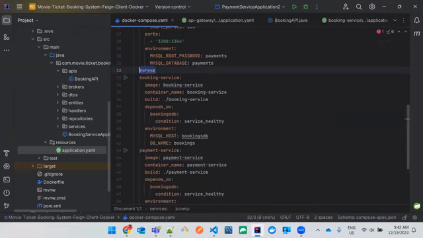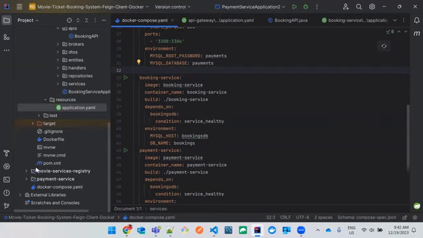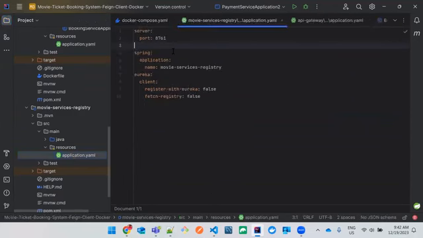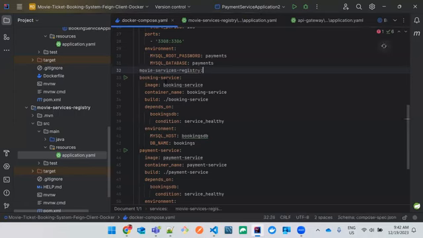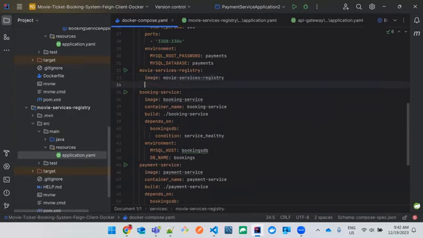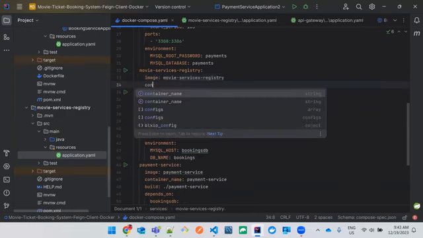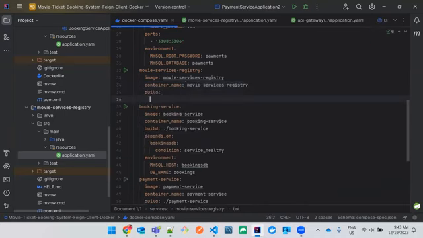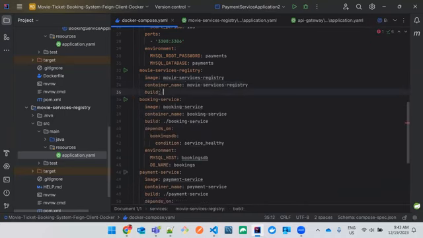So here the service name should be, if I just go to the movie services registry inside the source main resources, I'll just go to this. Okay, so there's a movie services registry. So copy the same name and paste it over here as a service name. And here I just wanted to give the image name as the same, movie services registry, and the container name also as movie services registry. And build is dot